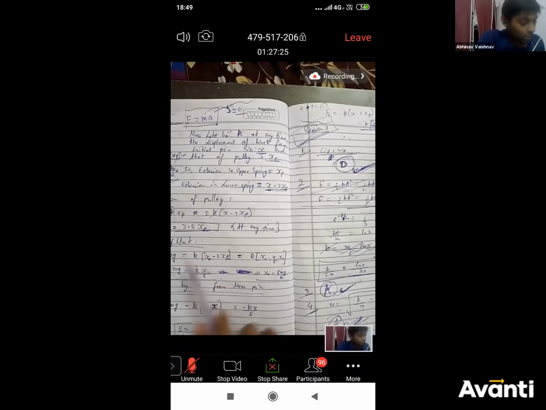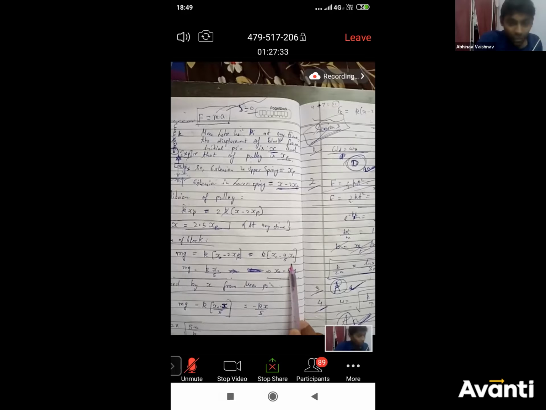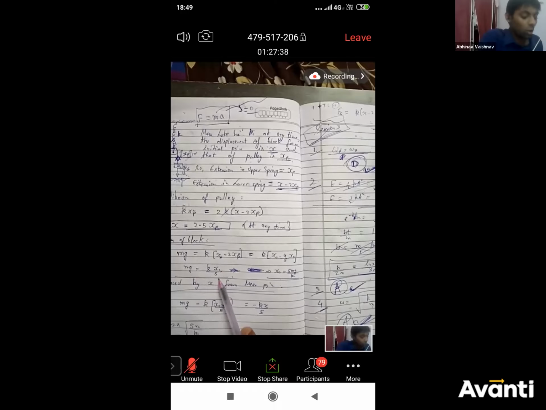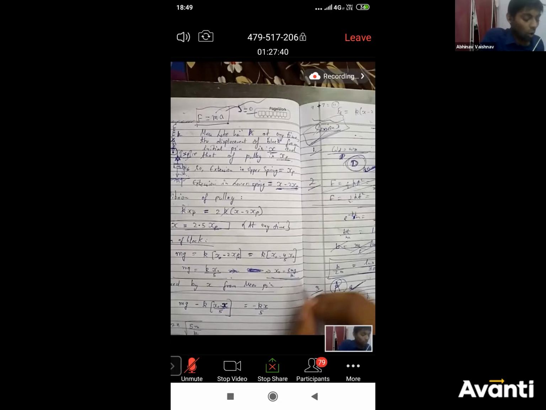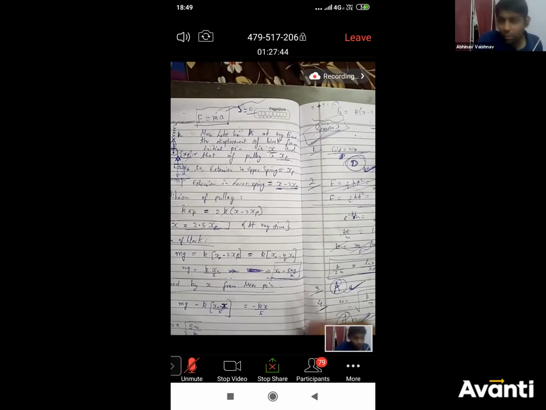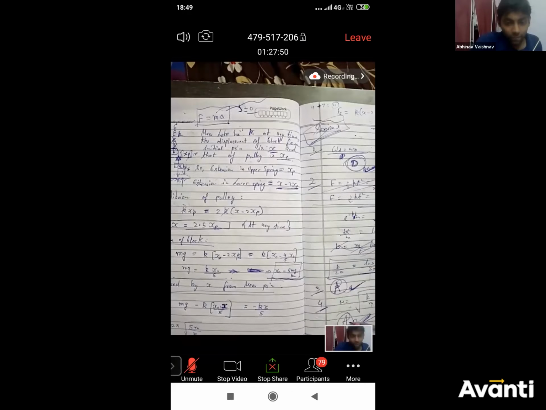So just substitute here, xp is 2 by 5x. So this becomes 4 by 5x. Okay. So x minus 4 by 5x, right? Fine. So ये आ गया x minus 4 by 5x. इसको substitute किया. So mg equals kx naught by 5, or the equilibrium position of the block x naught is 5 mg by k. So this can also be asked. ये भी पूछ सकता है कि equilibrium position कितना है. So this is the amount which the block goes down when it is in equilibrium. Okay.